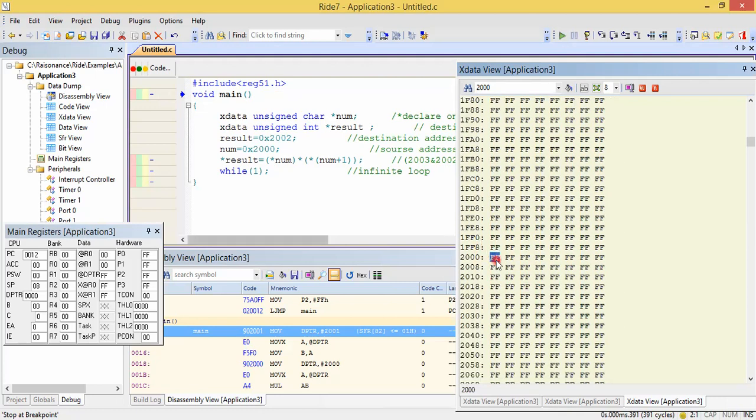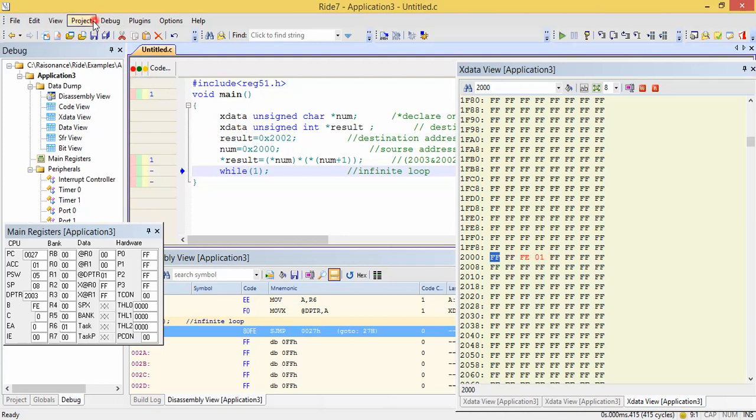It is already loaded with FF and FF. So the two numbers are FF and FF, the maximum possible, 255 into 255. The result is stored at 2002 and 2003. If you execute this program, you can see that after the multiplication, the content is FE01. So FE is the MSB and 01 is the LSB. If you multiply FF with FF, the final result will be FE01.